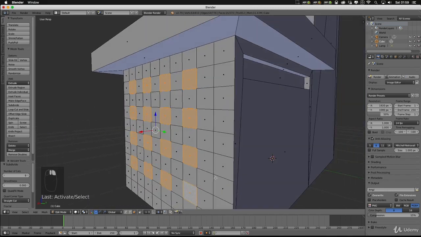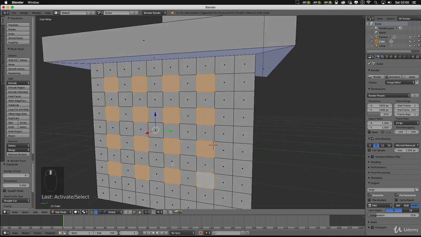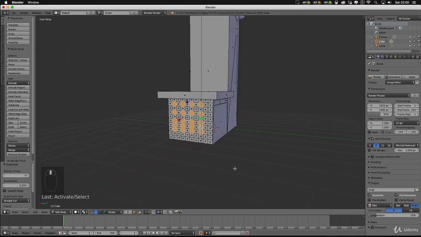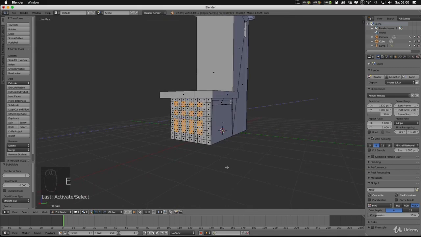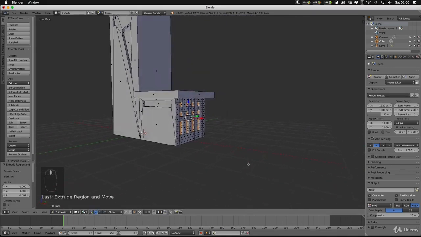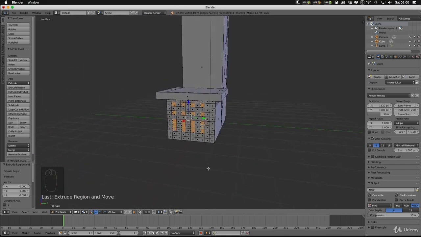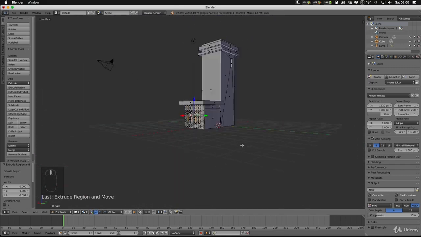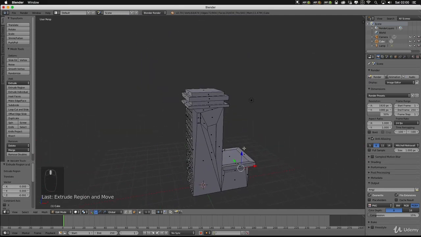So I'm just going to do mine like so. I'm going to make these a bit bigger actually, like that, and then E to extrude, and I'm just going to push those in like so. So there you go, that is one building made.